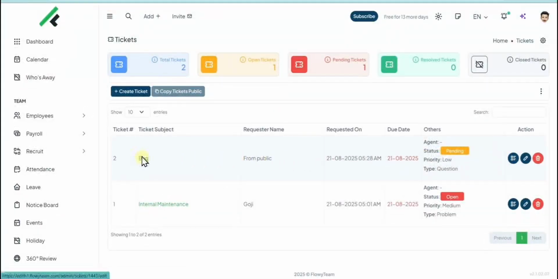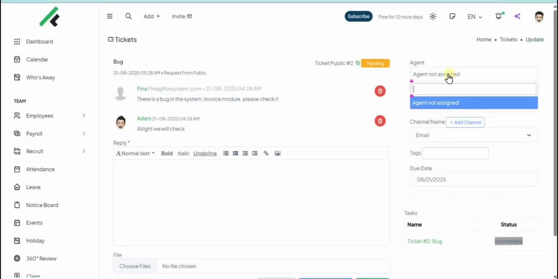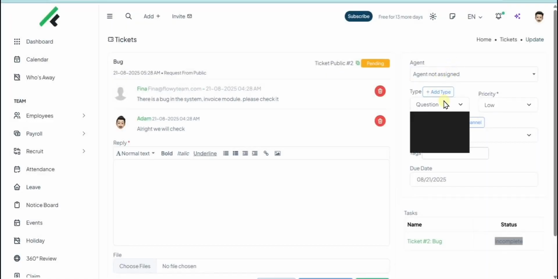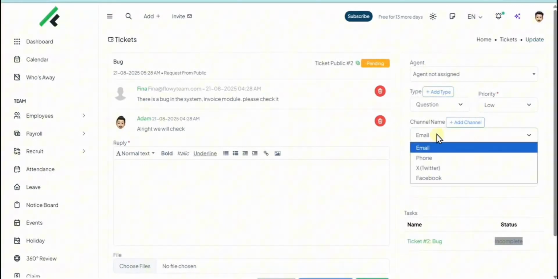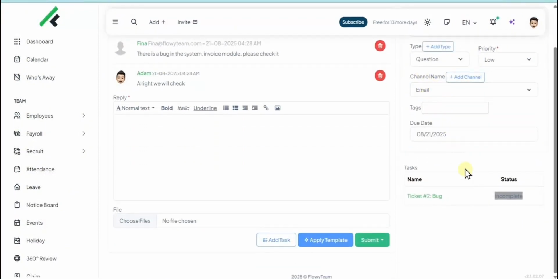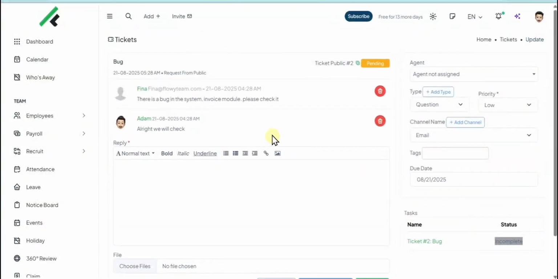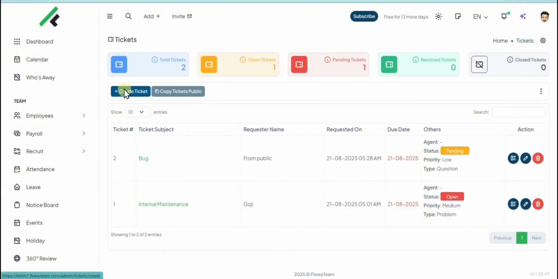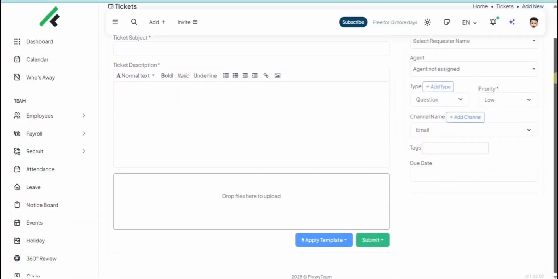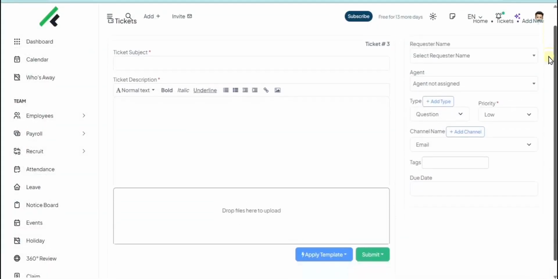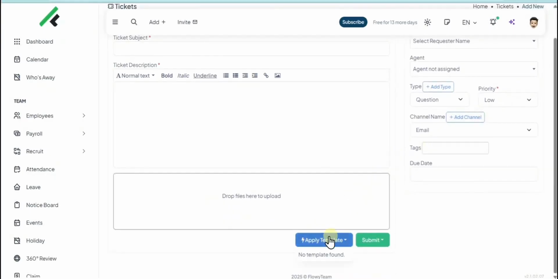And let's try to click the ticket again. As you might notice on the right side section, we actually can fill in some information regarding this ticket, such as priority level, any type of tickets, any agent tags, and also any related tasks. And then I'm gonna show you how we can create a reply template. So let's click create new ticket, and then at the bottom you're gonna see a blue button, apply template,